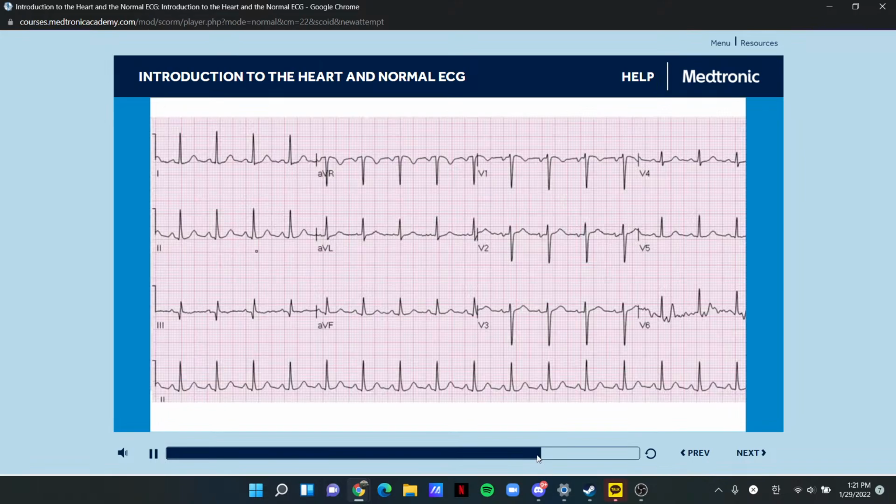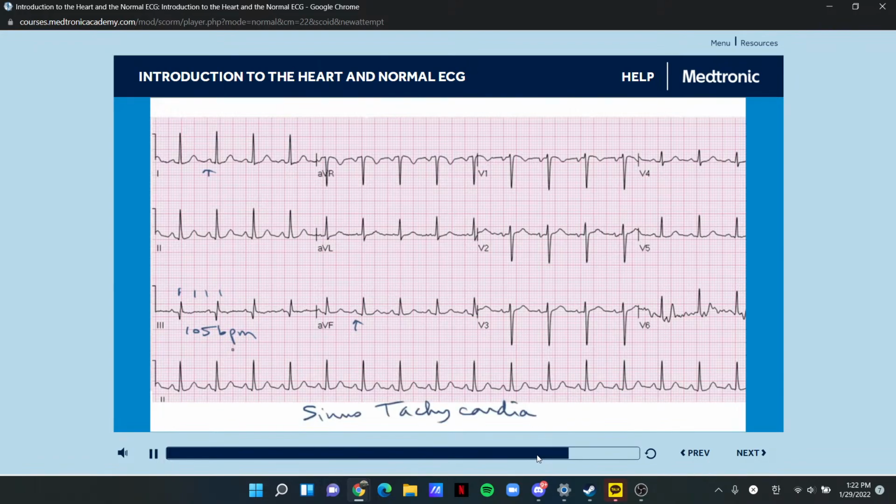Here's another 12 lead, and you can begin to recognize a normal sinus rhythm pretty quickly. The P waves here are upright in 1 and aVF, so the P wave axis is normal. In this case, however, the heart rate, 300, 150, 100, is a bit faster than 100. It's about 105 beats per minute. The PR, QRS, and QT intervals look fairly normal, and we can call this sinus tachycardia because the heart rate